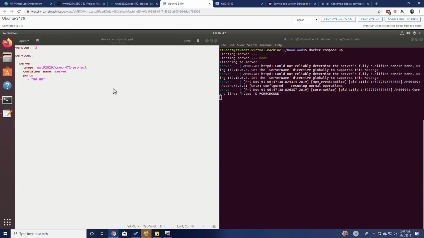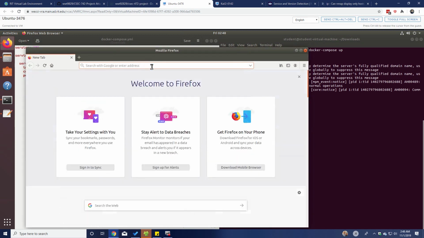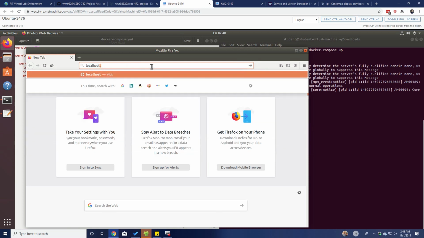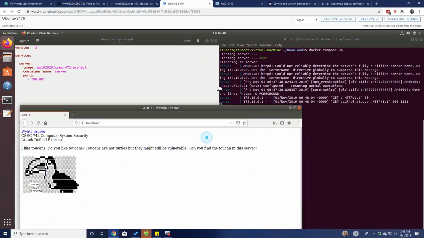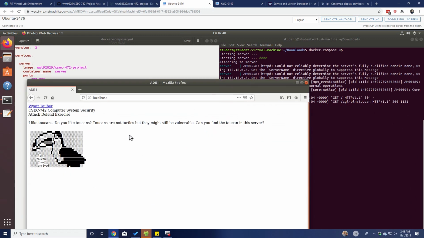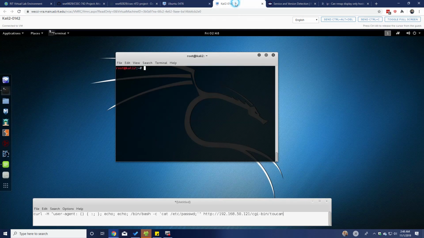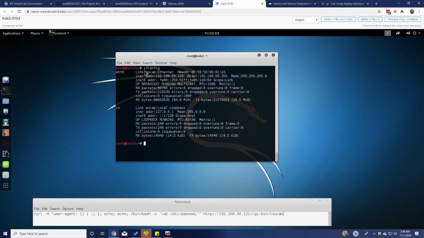So if I open Firefox and go to localhost, you can see that I have visited it in the Apache logs, as well as you can see my lovely web page here. So for an attacker that will be attacking this, they will probably not know my IP address, so they're going to have to use nmap or another port scanning utility to discover which hosts are on the network. And we're going to start by doing ifconfig to see my current IP address on our network, which is